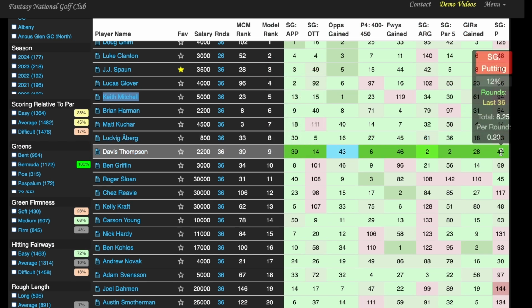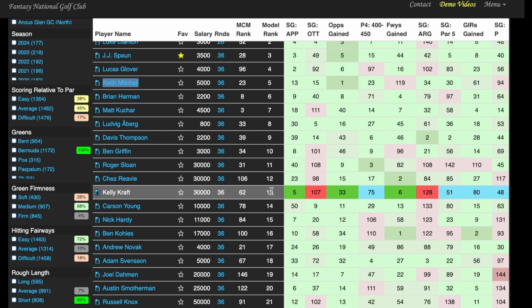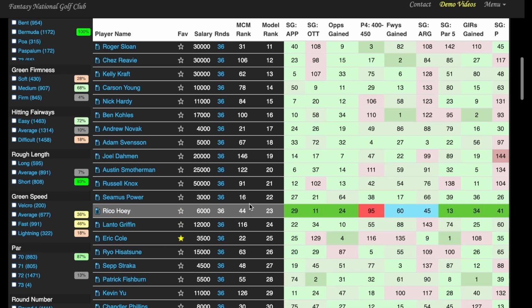Ludwig comes in at number 8 in the rankings now. Kuchar's up to number 7. Harmon at number 6. It brings in more of the mid-season and earlier to late season data from the strokes gained overall. Roger Sloan at 11, Shez at number 12, Kelly Craft, Carson Young, Nick Hardy. There's Ben Coles, there's Novak, there's Svensson, Damon Smotherman, Power, Rico, hey,